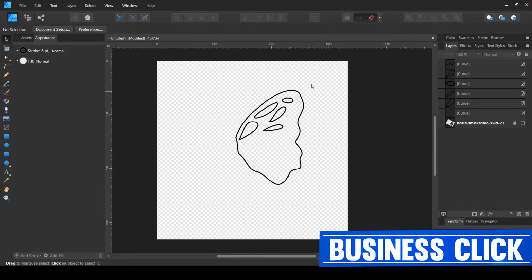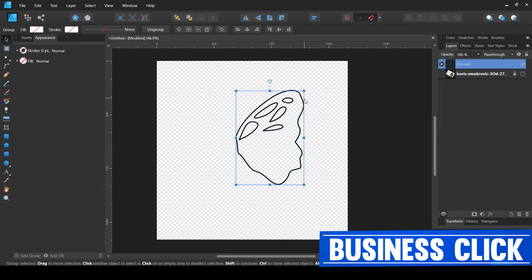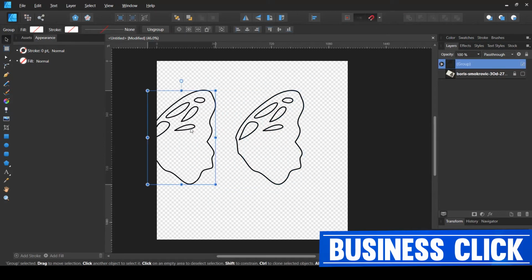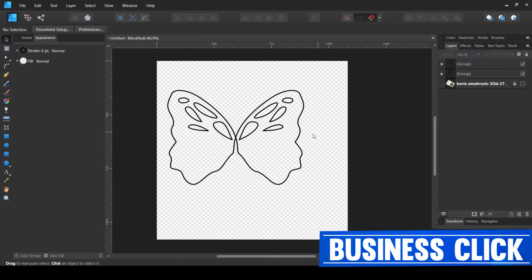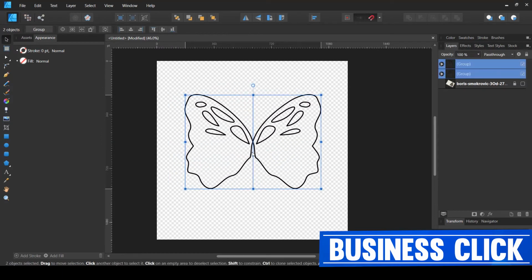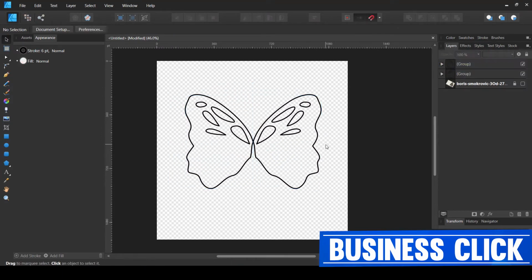And what I would usually do, if I have to create symmetrical sides of any kind of object or animal or anything, is simply group them together once one side is finished, bring it to the other side and then flip it. In this way I can create symmetrical designs that would look much better than if I had to completely trace the butterfly on both sides, or maybe a face of any animal or something like that. So this is how I would approach it.